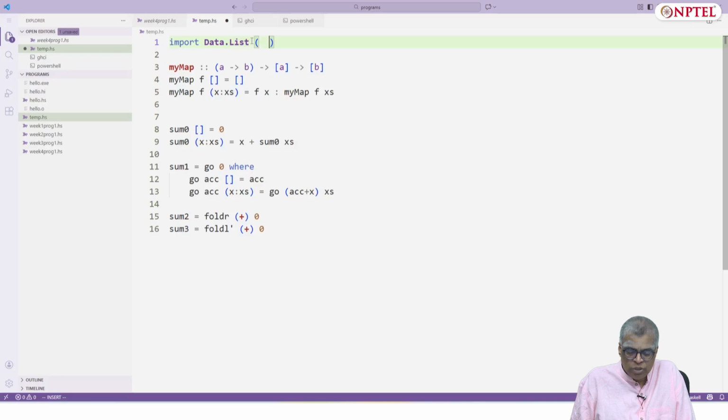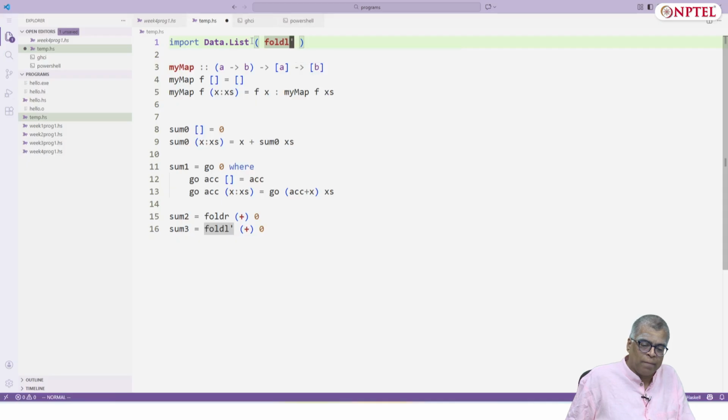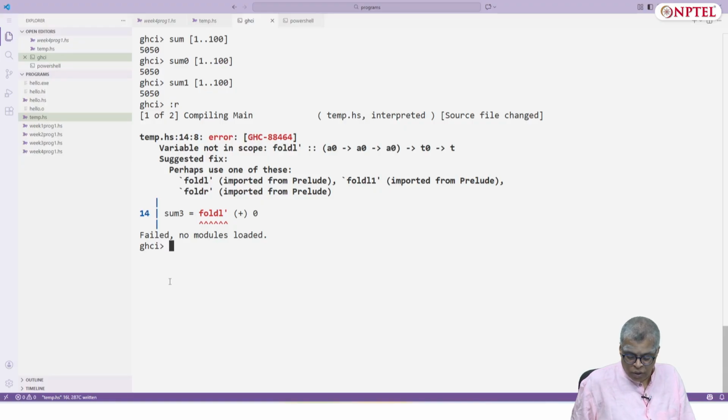So what you do is you just say that I want to just download the definition of foldl' and not all other things. Okay, so you can specify exactly what you need to import. And let's come here now and do a reload.